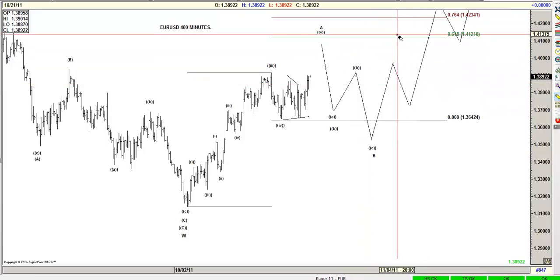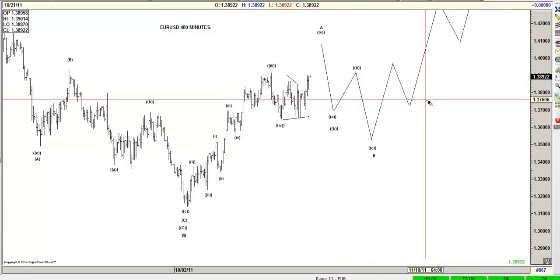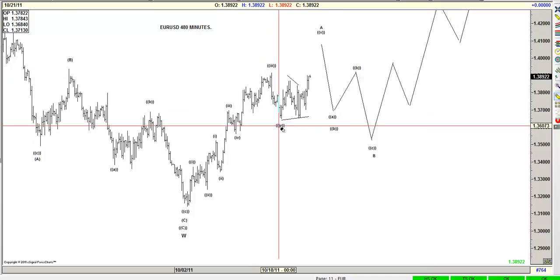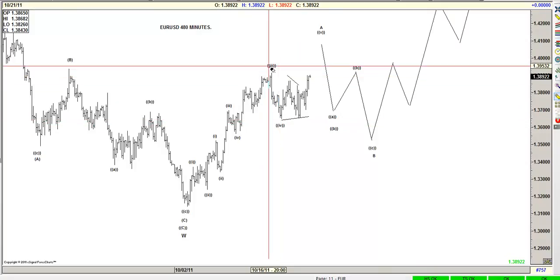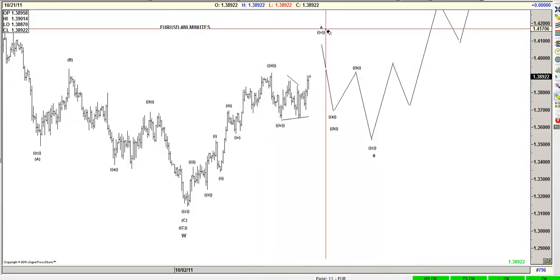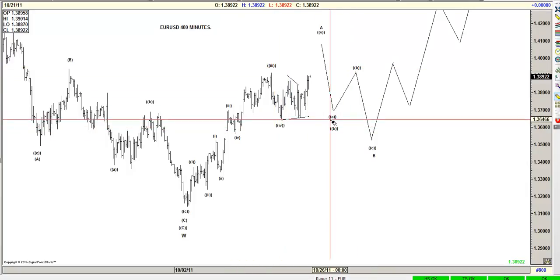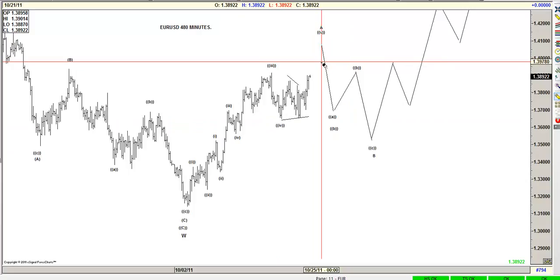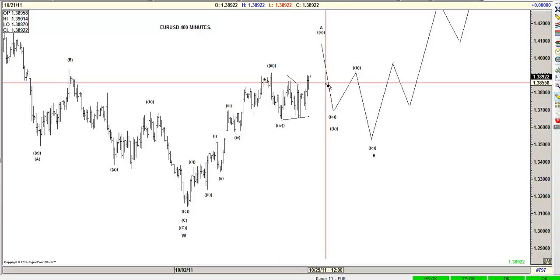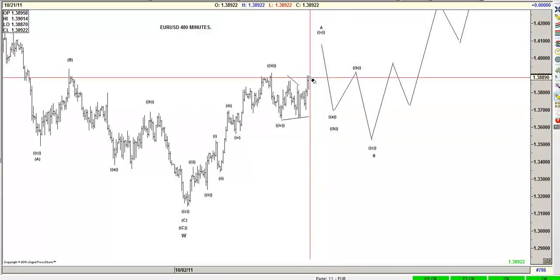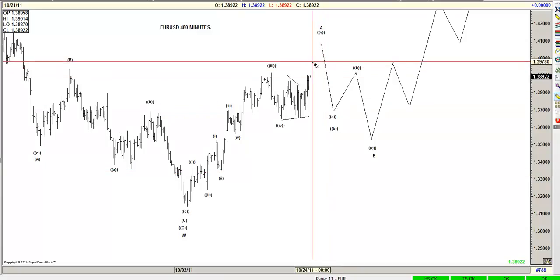But I believe that the European Union is going to disappoint in the market this coming week, according to my structures on the Elliott Wave. I don't like this to be labeled as a B wave. Still, it can be a flat. This can be this A, and then this 4 can be A, and this still can be a flat. Very possible, and going down on the C. Either way, I believe that the next high in the euro should be faded.